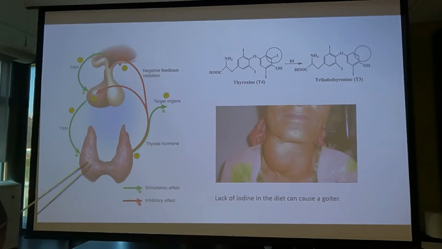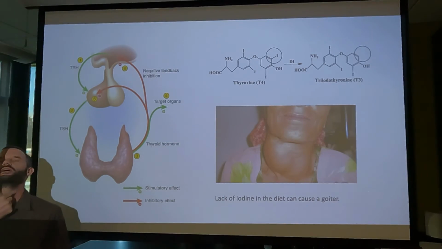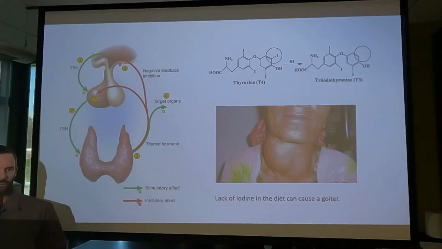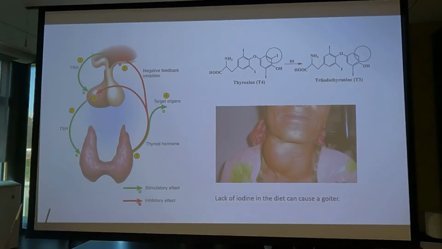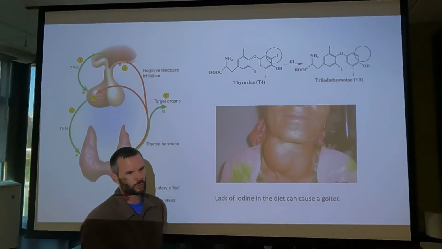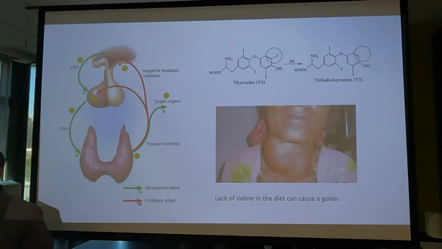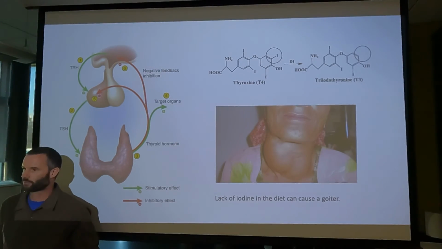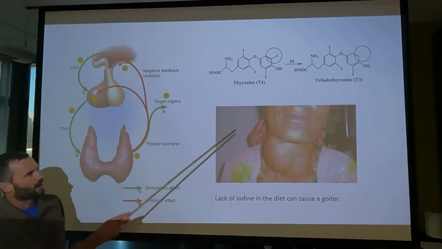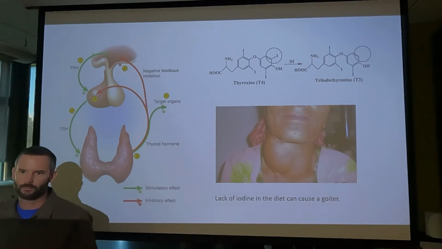This is the thyroid gland. Does anybody know where you find the thyroid gland on your body? So you can start by palpating the larynx, these two flat cartilage plates, and just below that, the thyroid gland wraps around the trachea right below the larynx. And the thyroid gland produces thyroid hormone. There are two forms, T4 and T3. And this is our major metabolic hormone. So it acts on all the cells of the body and stimulates metabolism. It stimulates cellular respiration. And iodine is necessary to build that thyroid hormone.